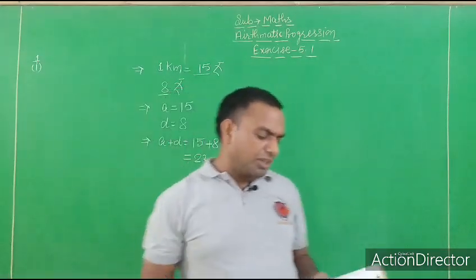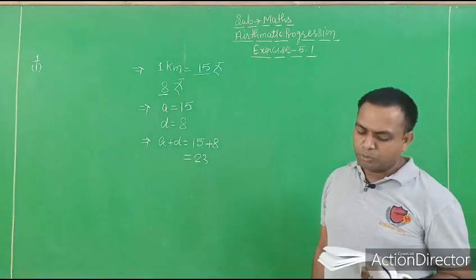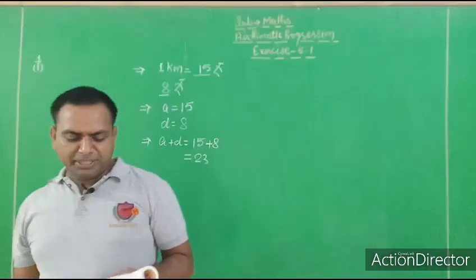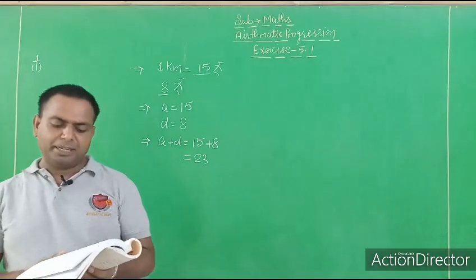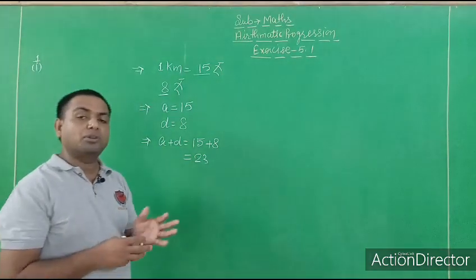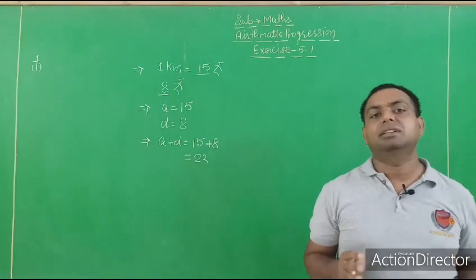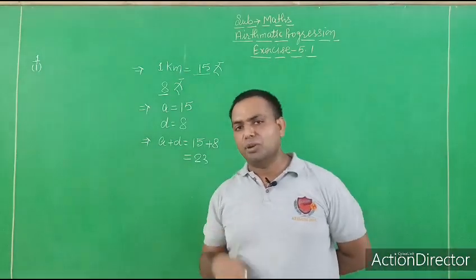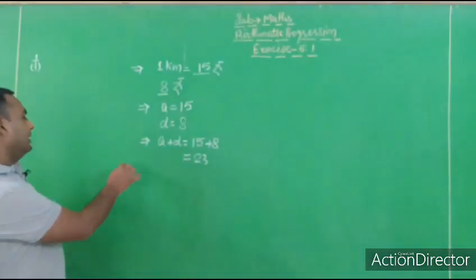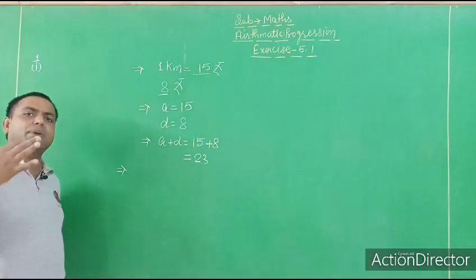The amount of money in the account every year when rupees 10,000 is deposited at compound interest at the rate of 8% per annum. All of you know about compound interest. What is the meaning of compound interest? First, I introduce compound interest. Compound interest means interest on interest. So, this is called compound interest.